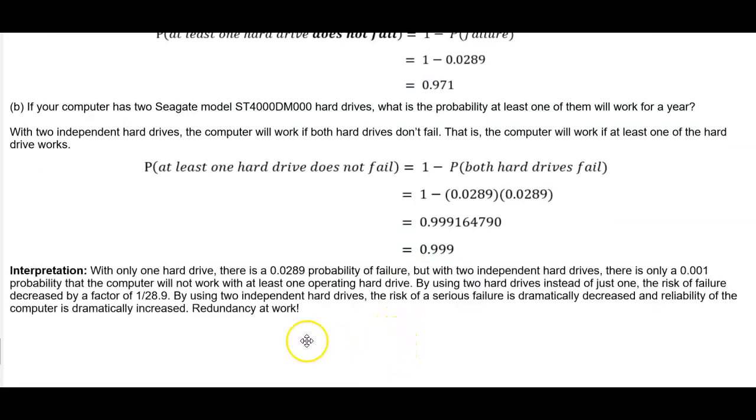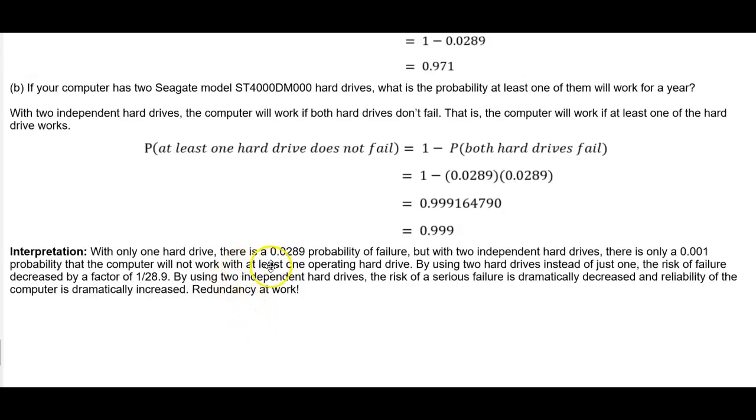So the interpretation is the following. With only one drive, there is a 0.0289 probability of failure. But with 2 independent drives, there is only a 0.01 probability that the computer will not work with at least one operating drive. Now, by using 2 hard drives instead of just one, the risk of failure decreased by a factor of 1/28.9. By using 2 independent hard drives, the risk of a serious failure is dramatically decreased and the reliability of the computer is dramatically increased. Redundancy at